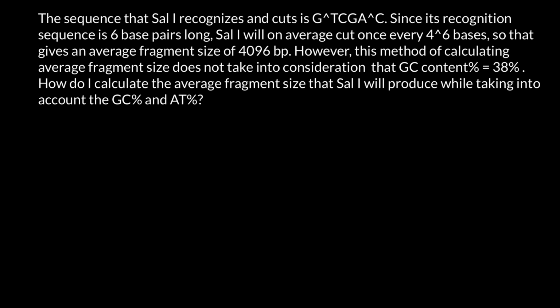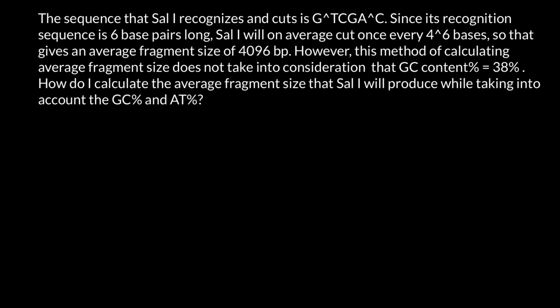The sequence that the enzyme recognizes and cuts is as follows. Since its recognition sequence is 6 base pairs long, it will on average cut once every 4 to the power of 6 bases, which gives us an average fragment size of 4096 base pairs. However, this method of calculating average fragment size does not take into consideration that GC content is